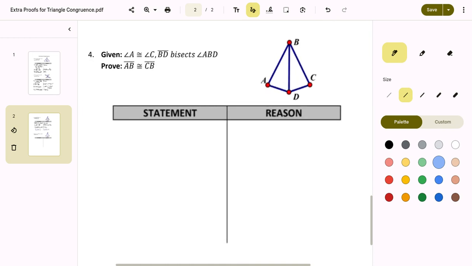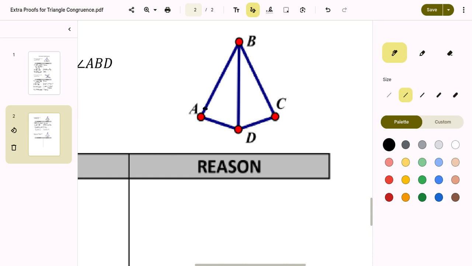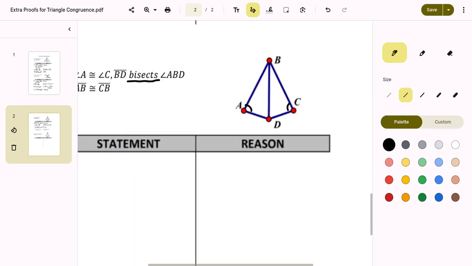All right, so number 4 throws in another vocab word in there. That's from Unit 1 and Unit 2, that word bisect. So as we've kind of talked about, bisect means that we're going to cut an angle in half, so we're going to have to digest that, kind of like we digested midpoint in the second one. So if we go to our picture, it told us that A was congruent to C, and it tells us that BD down the center there bisects